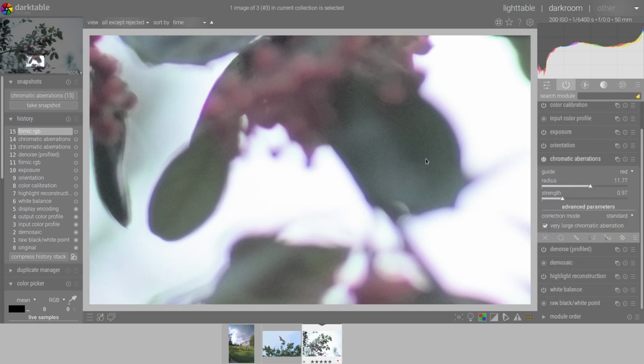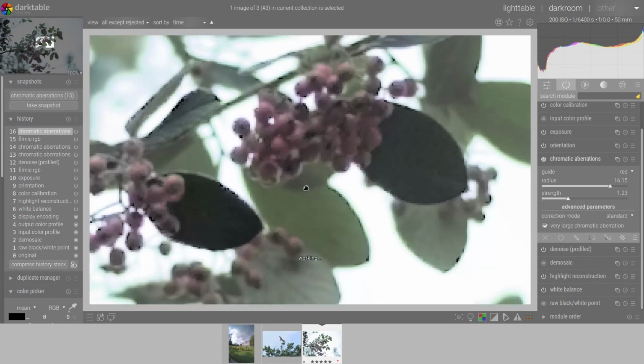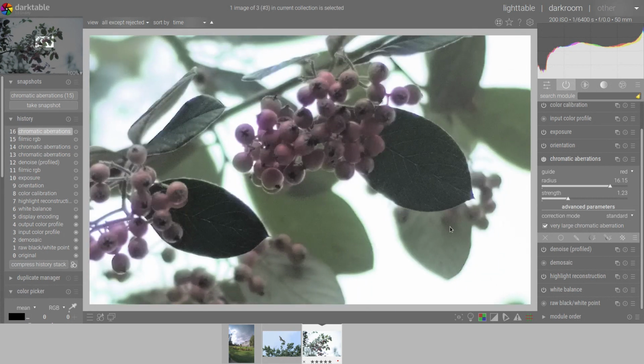So just a quick note. Okay, I've got my modules. I need a bit more correction. Maybe something like that. Of course, I've lost quite a lot of colors everywhere. But we'll try to get a better result.